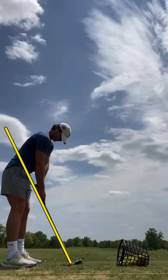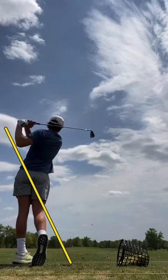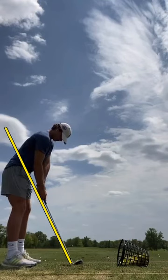Anytime you're taking a full swing, you want to make sure that you have a solid foundation to balance on. And as you watch your swing here, you can see where you're losing your balance. Like right here, you can see your feet just kind of wobbling, which at this point, I guess it doesn't really matter because the ball's already gone. But the more you can stay in balance, the more you're going to do well, especially on uneven lies, all